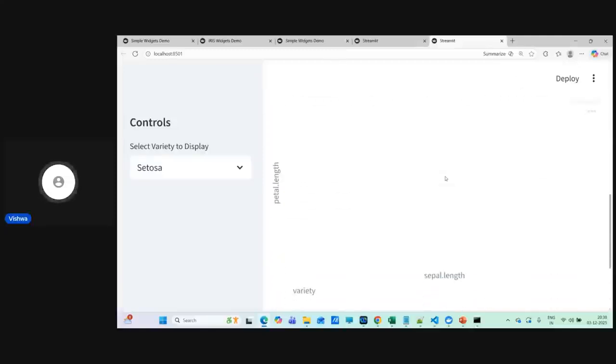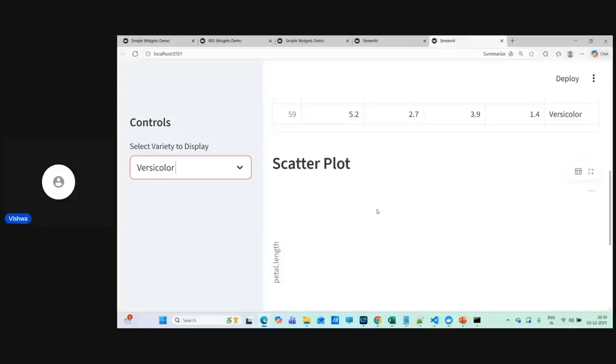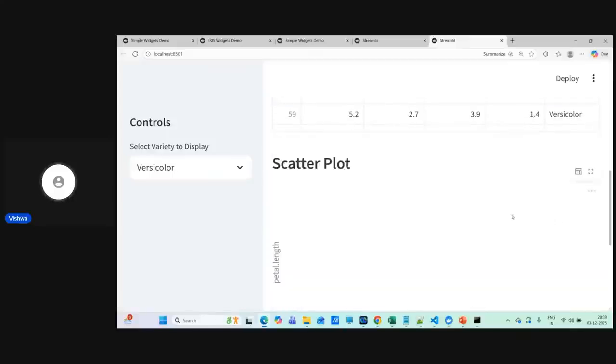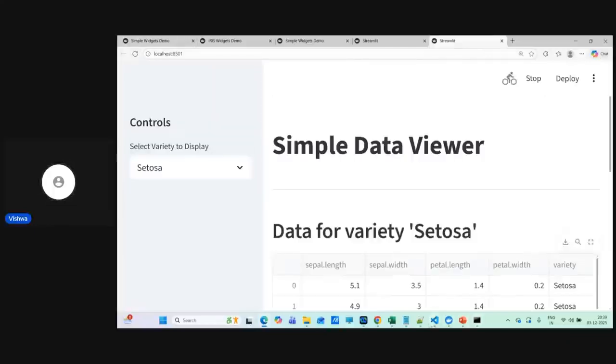If I scroll down, okay, sepal length and what happened? It doesn't show anything for sepal length and sepal width. Okay, so we'll have to see what went wrong in the scatter plot, but the remaining things look fine. The top table is showing Versicolor. Virginica is also showing, correct? So everything else is fine. Only the scatter plot we will have to see. So let's go and see what's wrong